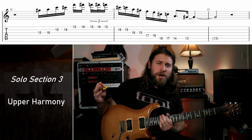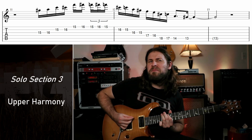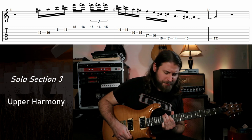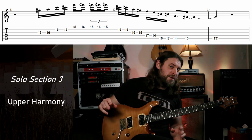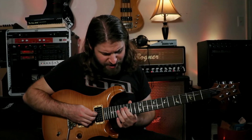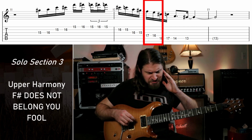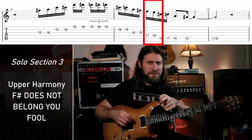Almost like it has no shape or form, like it doesn't know exactly where it wants to go. Reminds me of something that maybe Dimebag Darrell would experiment with, especially on Far Beyond Driven. I must also make a big stink about one little thing. Check this out. The 17th fret to the 16th fret creates a note that doesn't exist in the Byzantine scale,